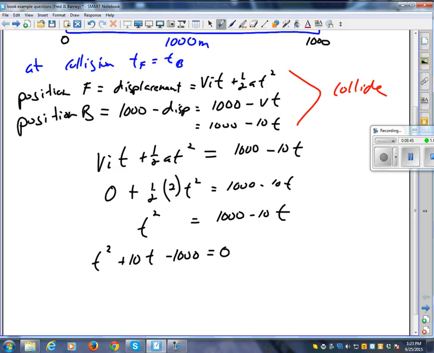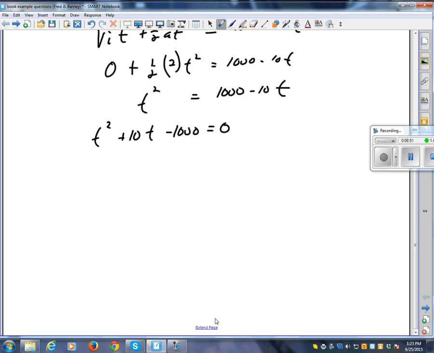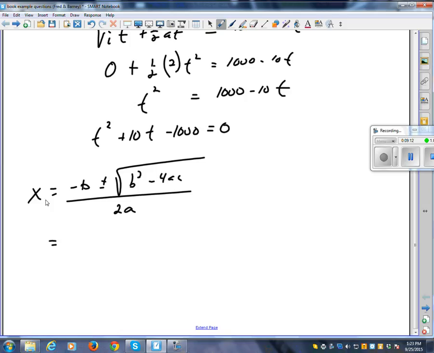Should we just go quadratic formula? Okay. So quadratic formula is x equals minus b plus or minus square root of b squared minus 4ac, all over 2a. What are my a, b, and c values? Minus b is going to be minus 10